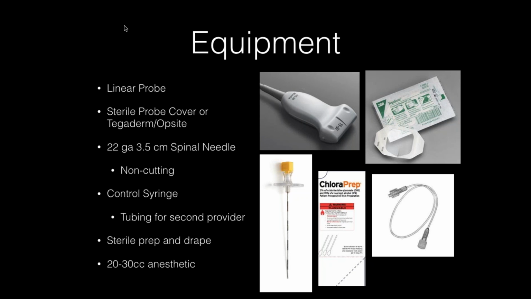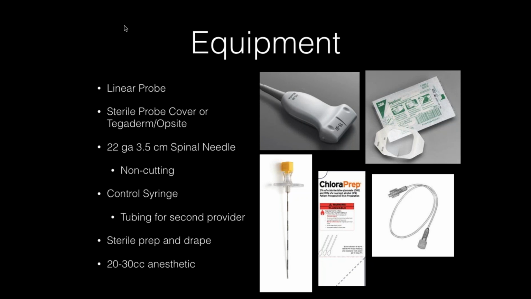And then most patients are going to require the use of a spinal needle for appropriate depth. So a standard adult 3 1/2 inch spinal needle, 20 to 22 gauge, and a non-cutting needle such as a Whitacre needle. A control syringe can be utilized if you are doing this procedure entirely by yourself without anybody in the room, because that gives you control over the injection of the anesthetic. However, a more straightforward way to do this that gives you a little bit more control over the needle placement is to attach tubing to the end of the spinal needle and then anesthetic at the end of that, pre-flushed before you